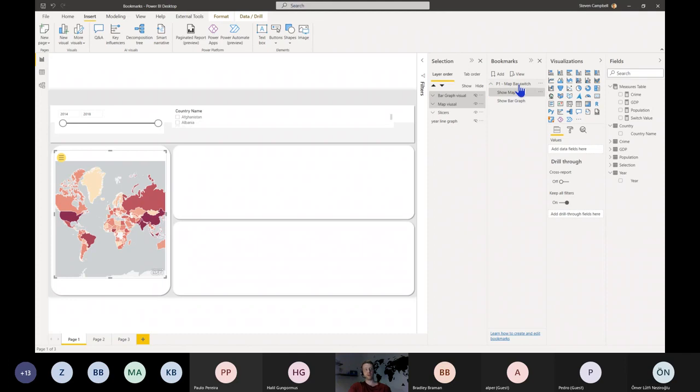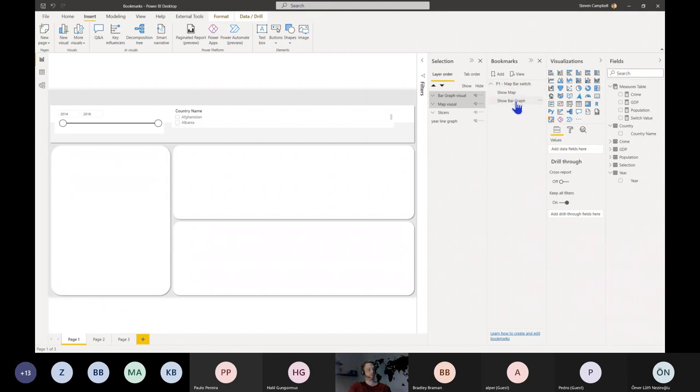If I open my group and I click on both of my bookmarks, I have messed this one up. Not sure what I did, but let me show you how to update in case you messed up. Let's pretend I did that on purpose. For some reason, I think I have them both invisible, so I'm just going to unhide this how it should be. I'm going to click both the